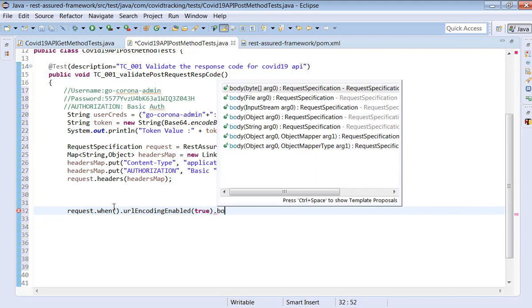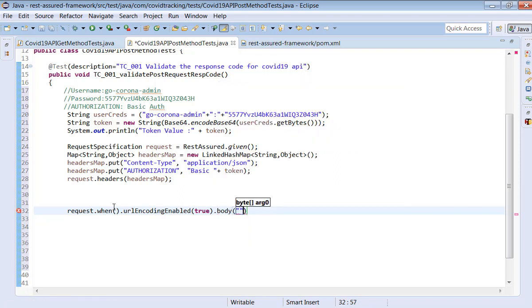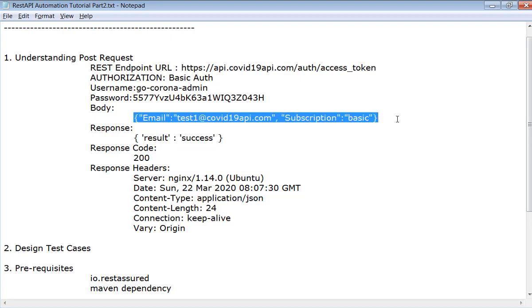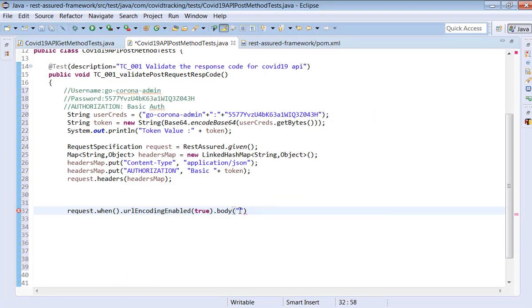Then we are trying to add the body. Why are we trying to add the body? For a post request, it is important to add the body. Okay, what is the body available with us? The body of the post request is this one. Copy this body, go here, just put the information here.